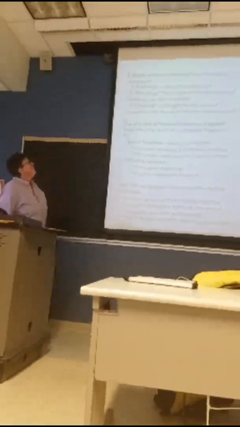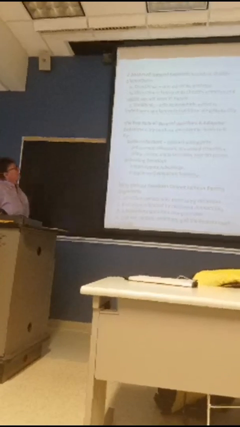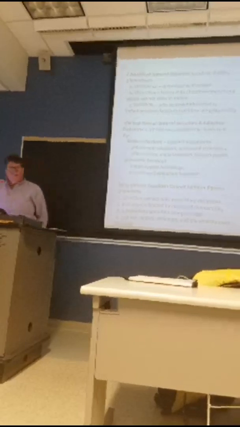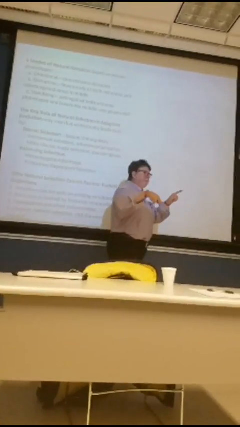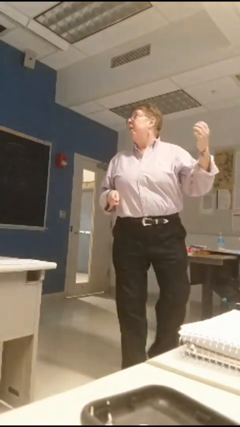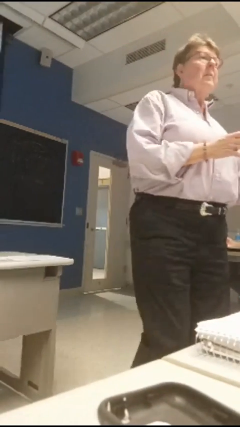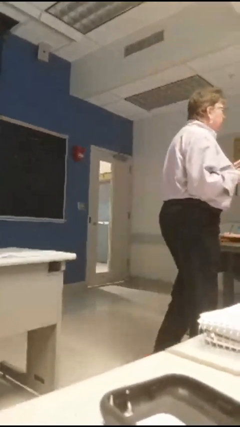There are three different modes of natural selection, based on the chosen phenotypes. I would like for you to look in your textbook, page 492. I would also like for you to be able to look at a graph and tell me which is stabilizing, which is disruptive, and which is directional. Now, the overall concept is that you have extremes.